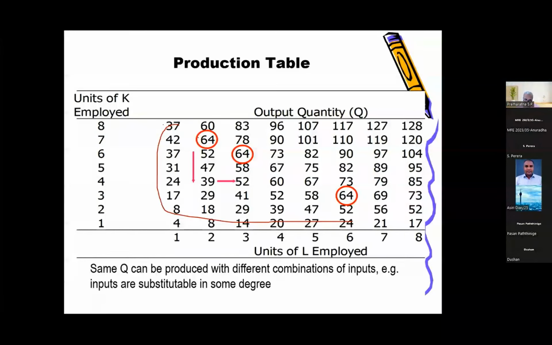You can see some of the points like 64, using different combinations of technology, different combinations of inputs you can produce. Likewise, the 52 also. All the points, 52, 64, all the values inside here